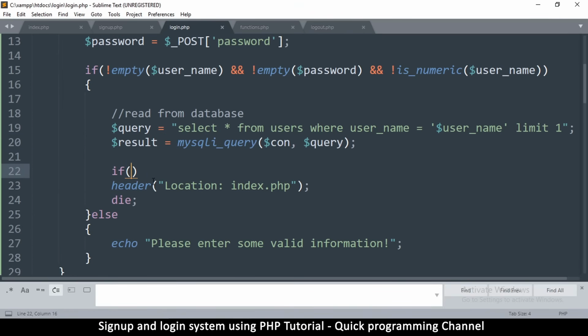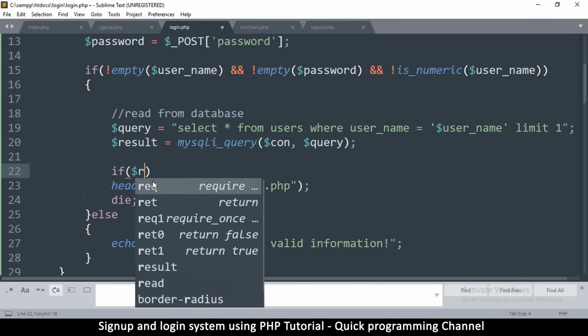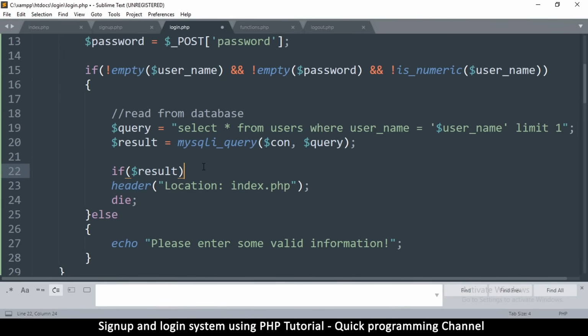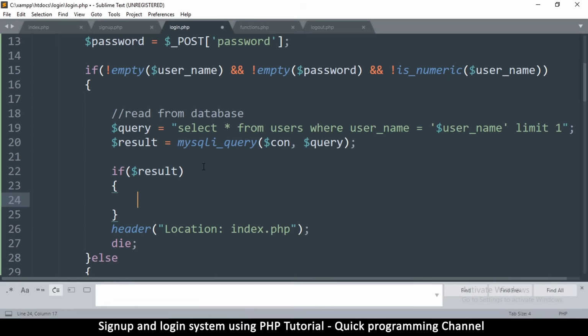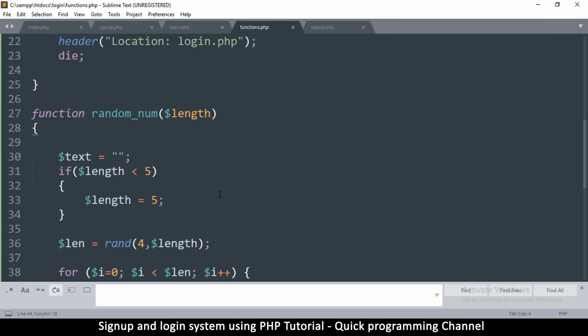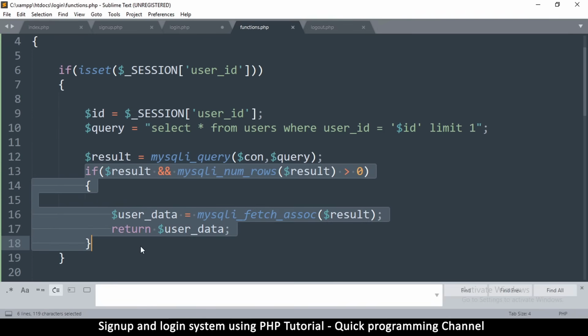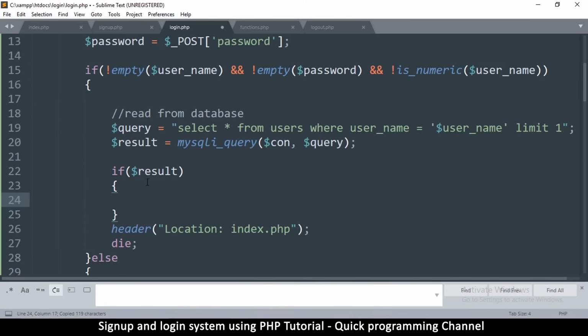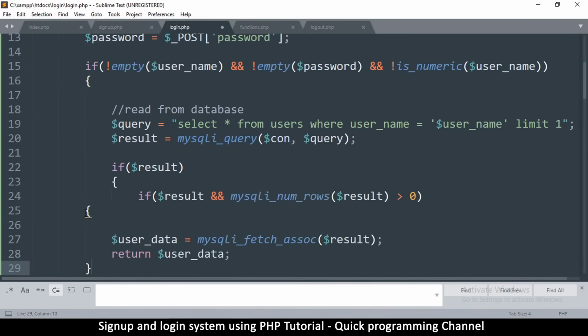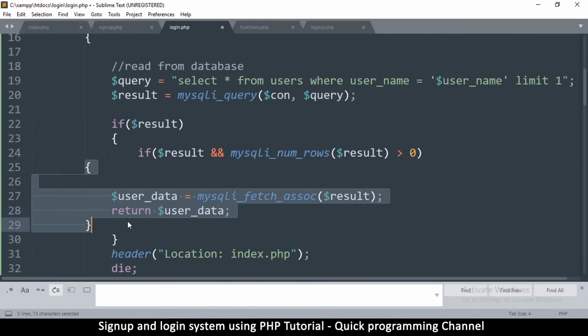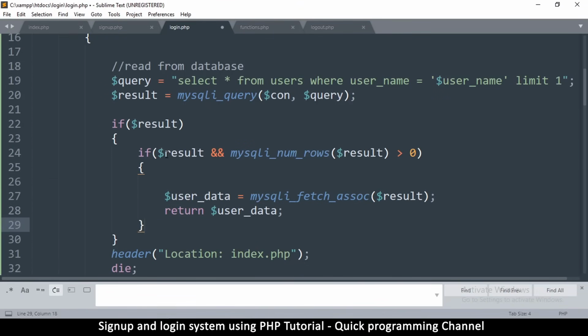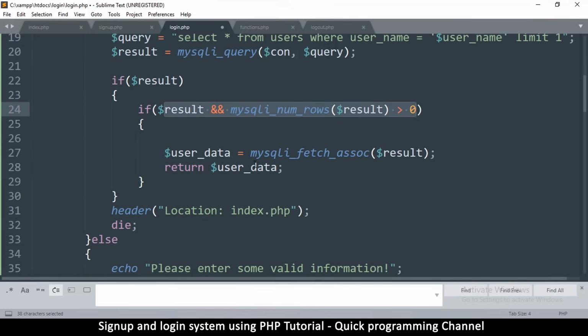In order to do that, I'm going to check if the result was successful first by just saying if result. And then like I did in the functions, let me go up here. I checked for this, so I want to check this. It's going to be the same. Let me go to the login and paste. Then let me move all this in there. So if result and the result is greater than 1, at least we have one result. So what we will do, if that's true, we will get the user